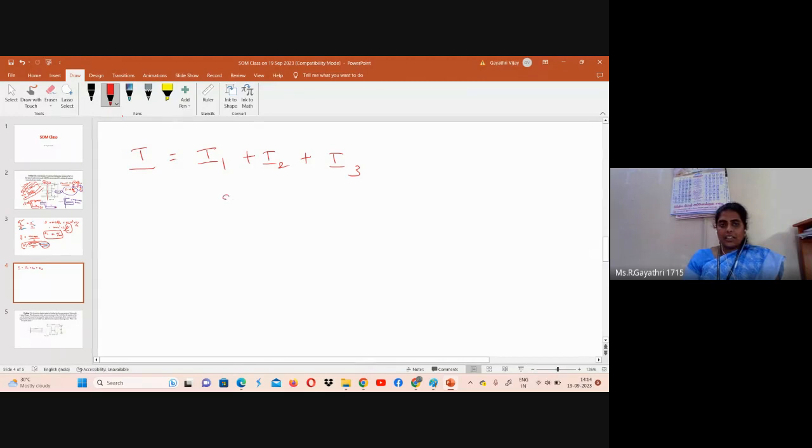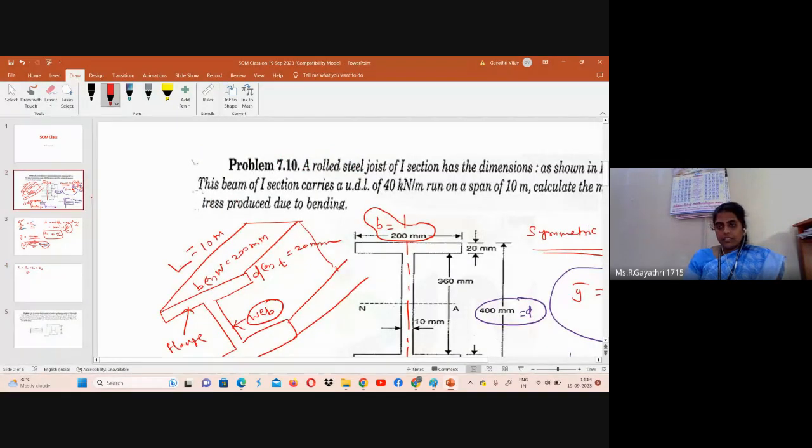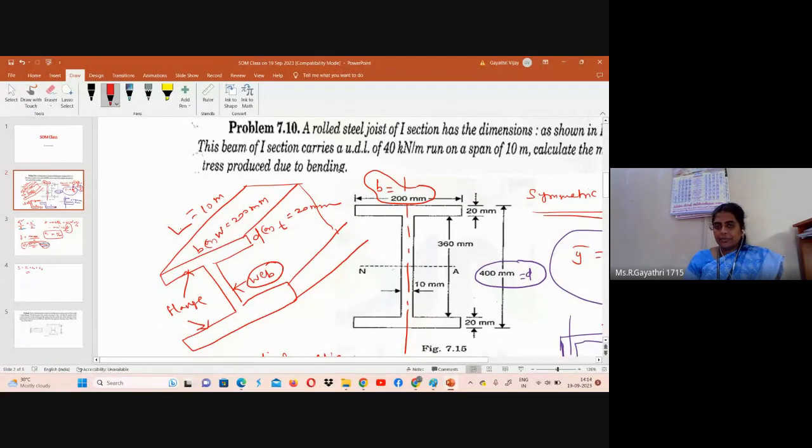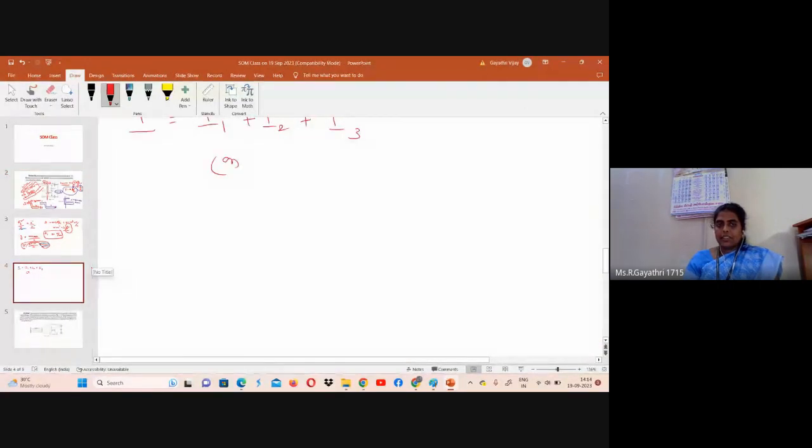Or you can consider it as a rectangle minus this portion. Total rectangle width is 200, depth is 400. So we can write b d cube, 400 mm the whole cube by 12, minus,